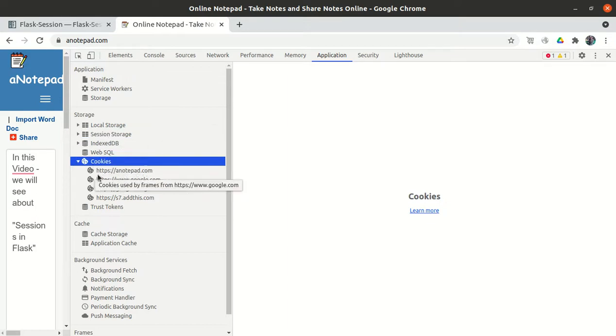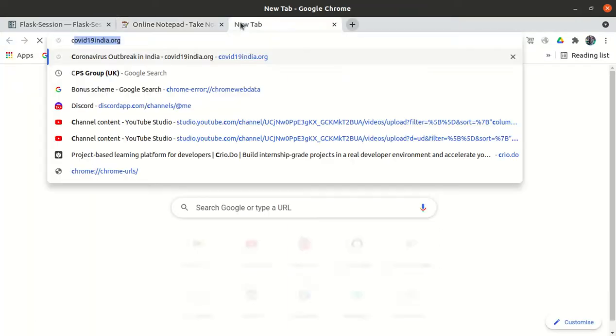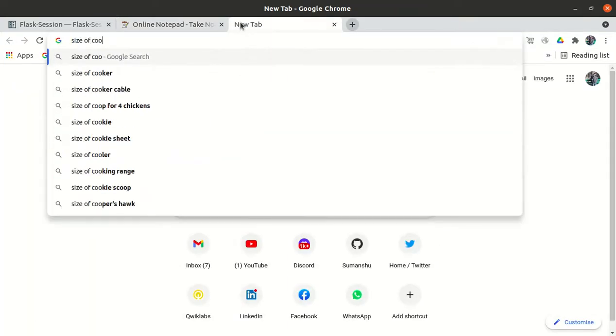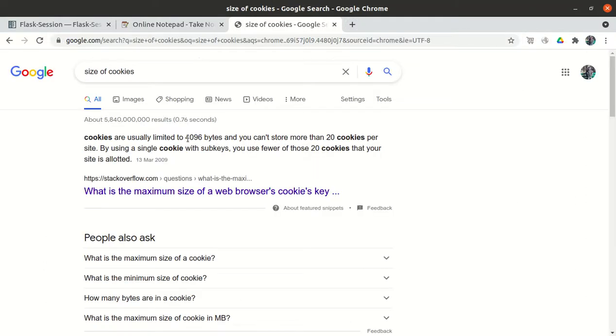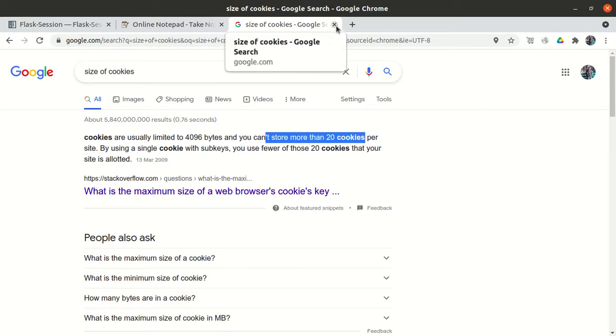But these databases or these storages are of very small size, even in KBs. Like cookie size is approximately 4 KB, I guess. So the size of cookies is 4096 bytes, around 4 KBs. So we can't store more than 20 cookies per site, right?